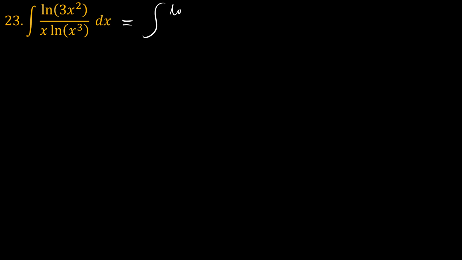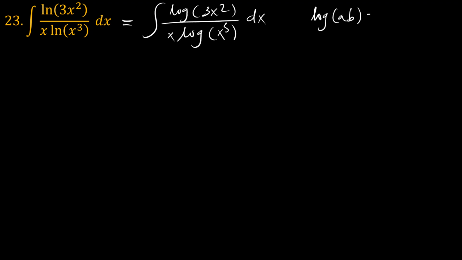So, problem number 23, which is interesting. The definite integral of the natural logarithm of 3x squared over x times the natural logarithm of x cubed. So, I'm just going to rewrite this in a way that I'm comfortable writing. Right, knowing that log of AB is equal to log of A plus log of B,